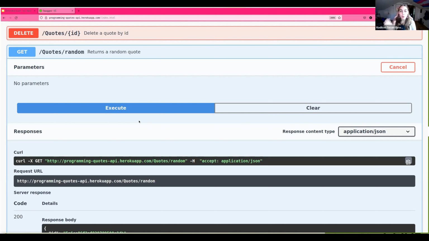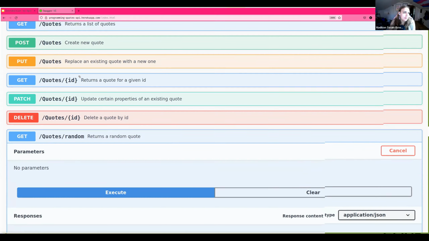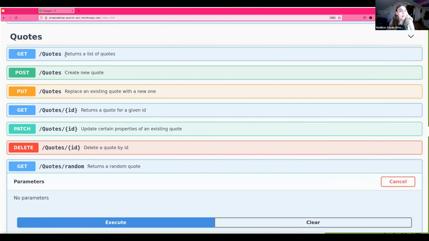Here's a perfect example: we have a GET for quotes, which returns a list of quotes. We have POST for quotes, which creates a new quote. And then we have PUT, which replaces an existing quote with a new one. So those all use the same endpoint. The method that we use distinguishes what action is taken when that endpoint is hit. Hope that makes sense.